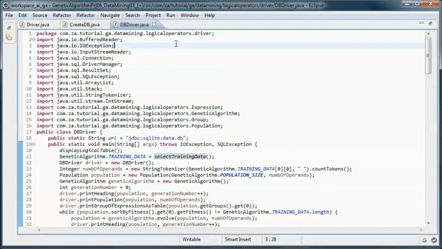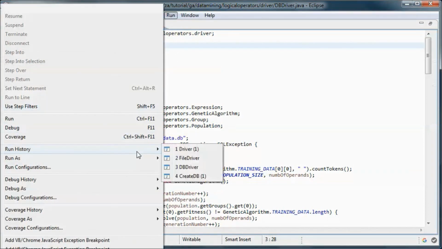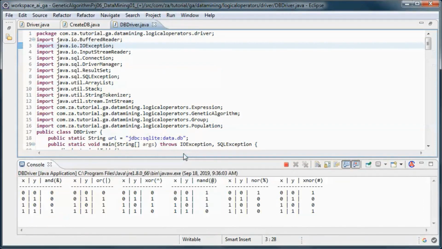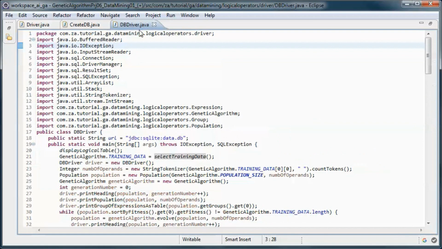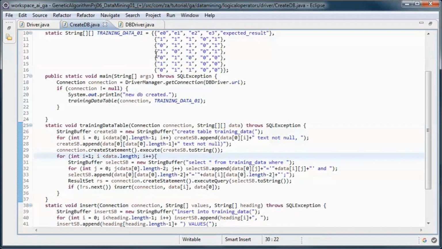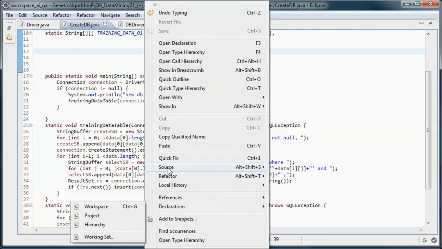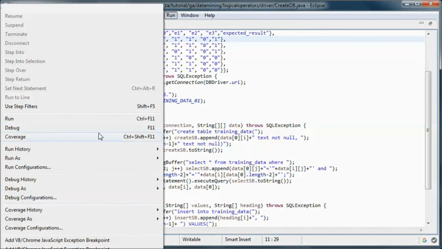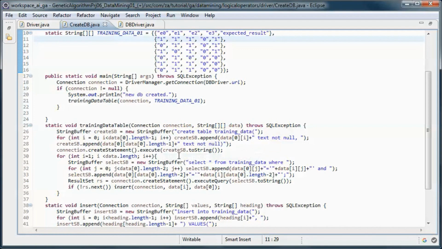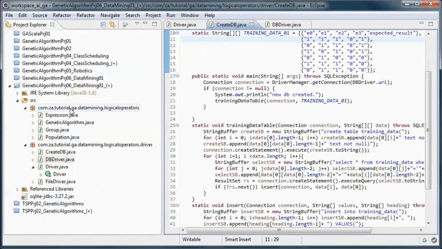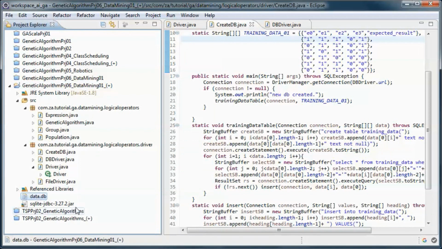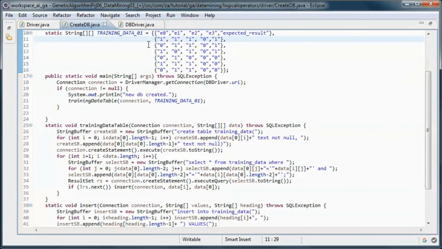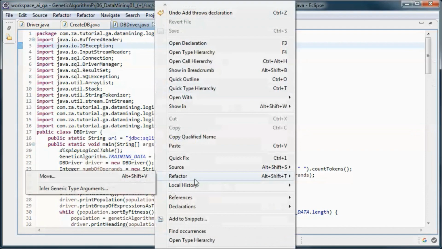And if we try to test run it, we will get this exception. So let's go ahead first and create and populate the database. If we do a refresh, this is the database. And now if we run it,